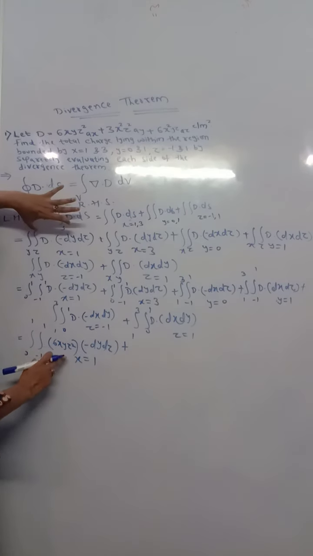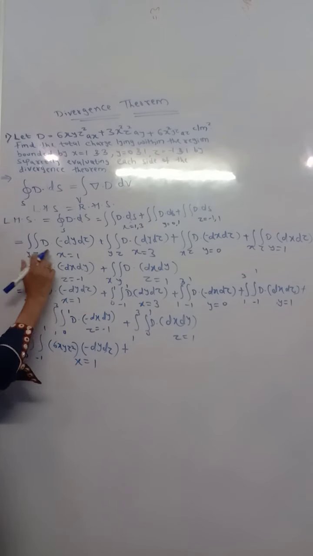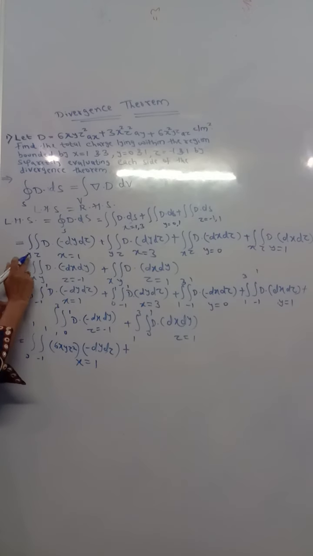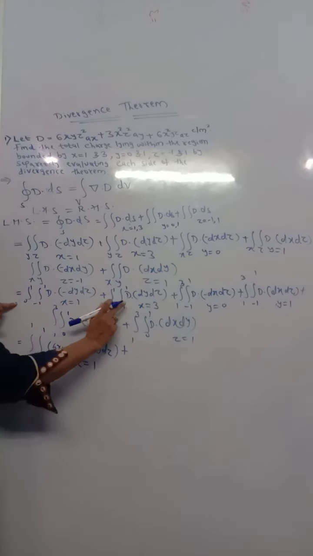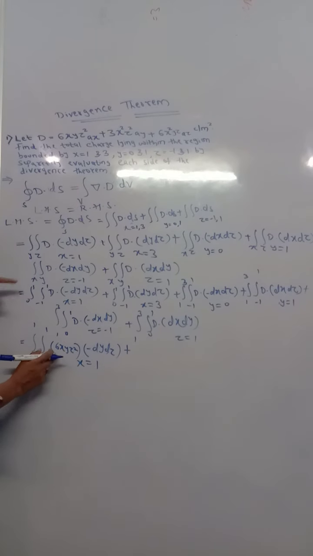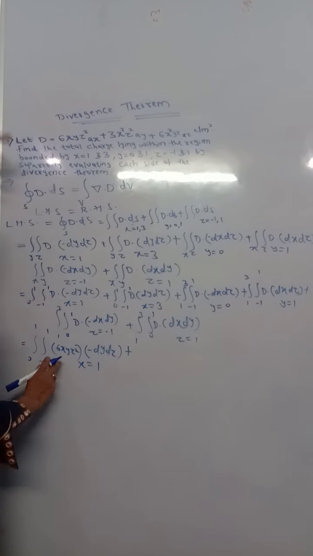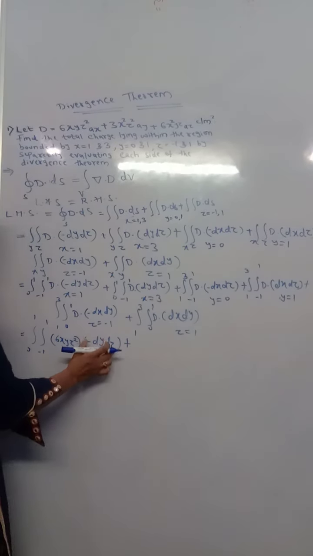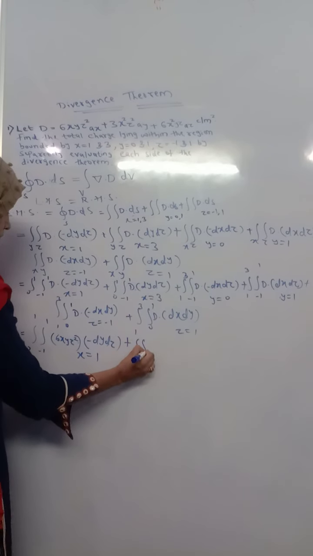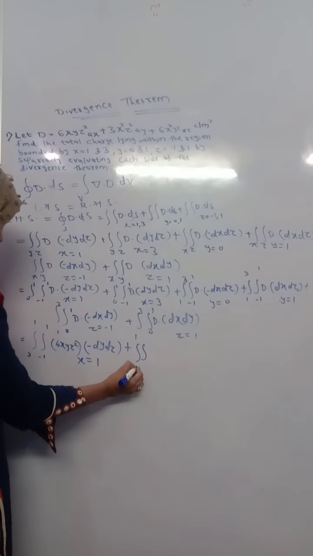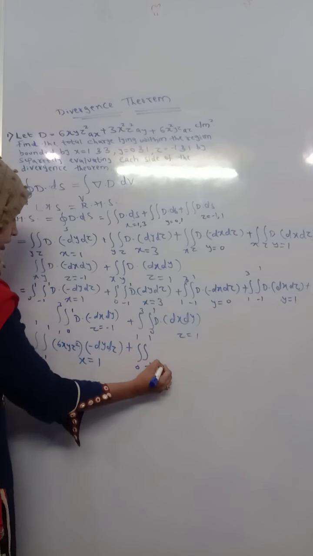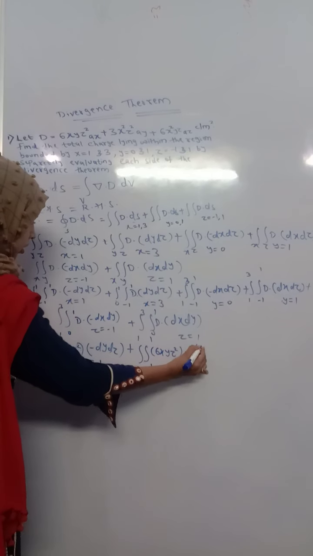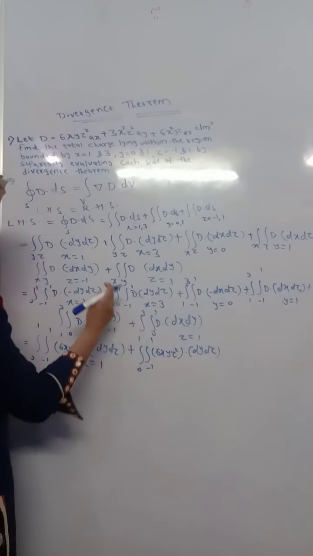Now what I am doing in this case: at the initial step I substituted the x, y, z. In the second case, I have applied the y and z limits. In the third case, I am substituting the value of d. So d in the first case is nothing but 6xyz square. Similarly, the first part will be as it is. Here, apply the limits, that are nothing but 0 to 1 and minus 1 to 1. Here 6xyz square dy dz, and the limits are x equals 3.